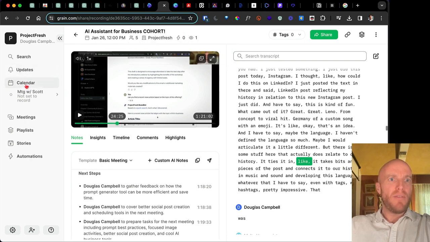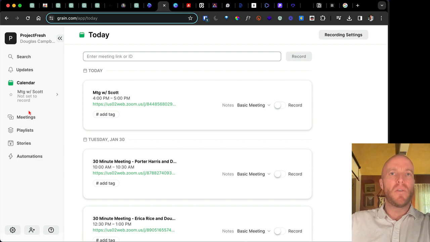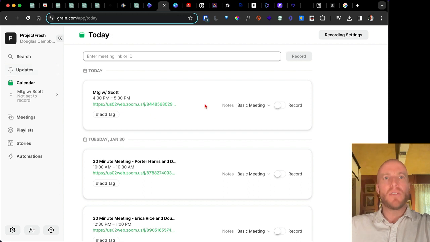Okay, so next we're going to, and is there anything else I wanted to show you with Grain? You basically have your calendar, and then you can set things to record individually. You can do it so all of them record. You then integrate it with Zoom and Google Meet, and it automatically can start recording. Or manually you can press record. As long as they're in your calendar, which also syncs up with your Google Calendar or whichever calendar you use, then it's going to automatically populate them in here and even give you a little reminder when the meeting's coming up.